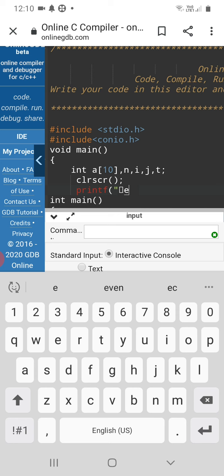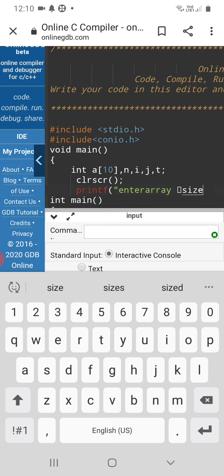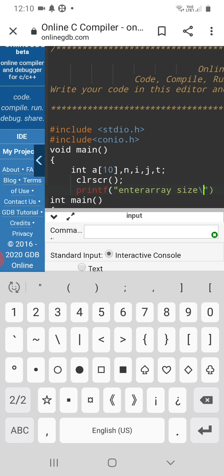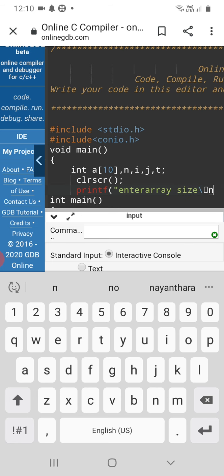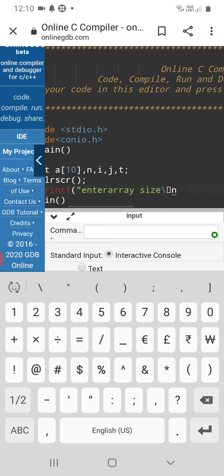It takes some time due to typing on the phone. Enter array size \n. \n is used to move to the next line. Then use the close bracket.